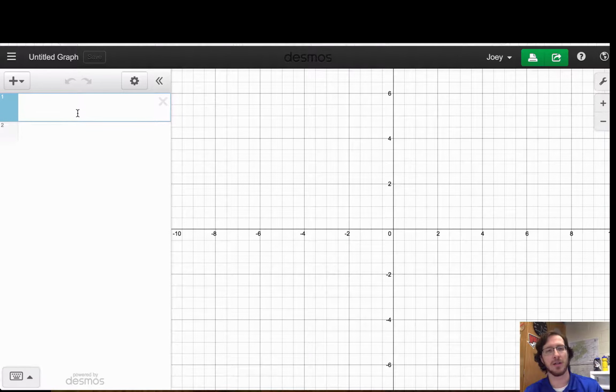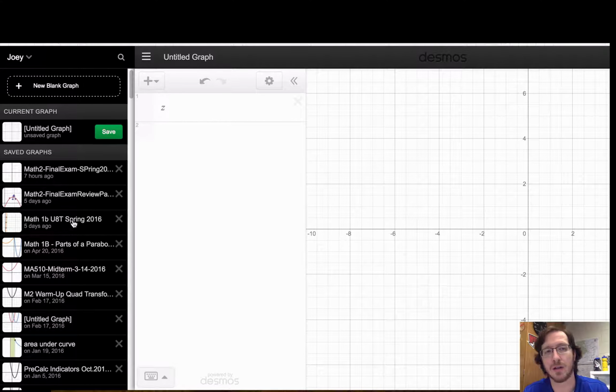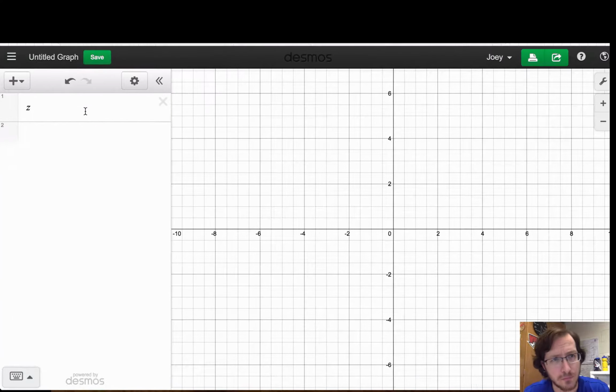Once you start putting in equations, you can click save. Name it something that you'll remember it as, but also you can click on this 3-bar menu here and all your saved graphs will be on this little sidebar here. So the first thing I want to talk about, after that, is